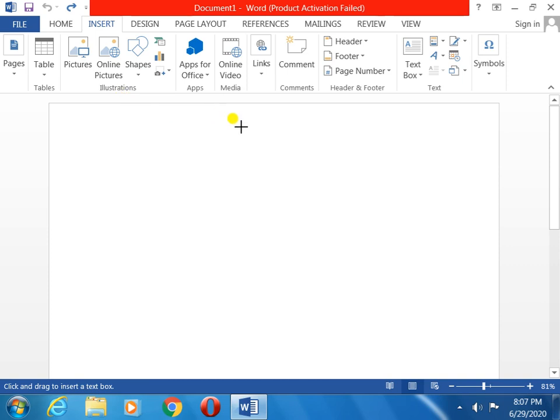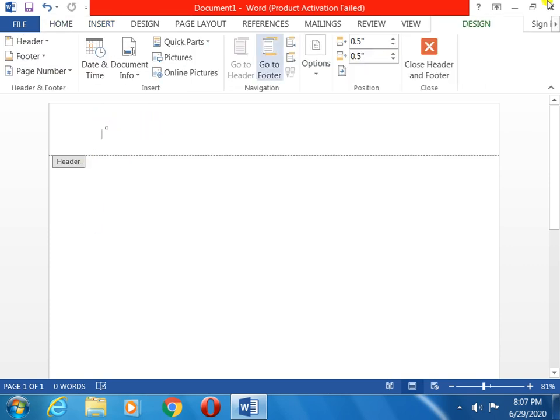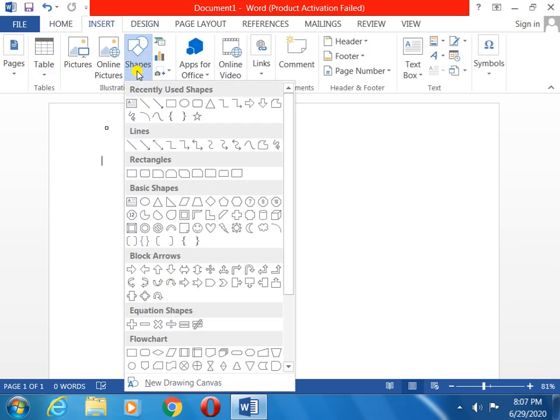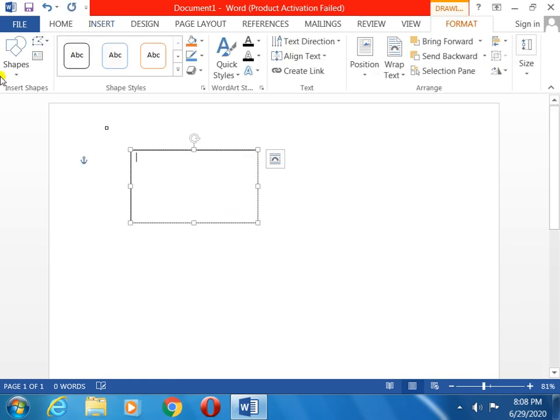You can select it and a plus sign will come. This plus sign you will drag. Now I am showing you once again: Insert, Shapes, Text Box.